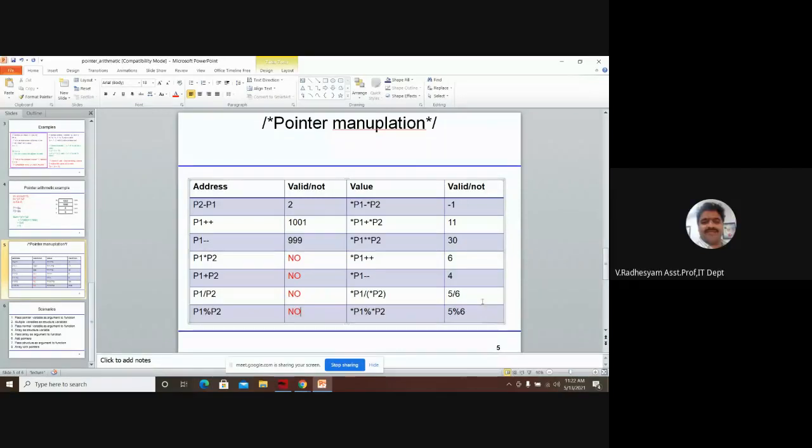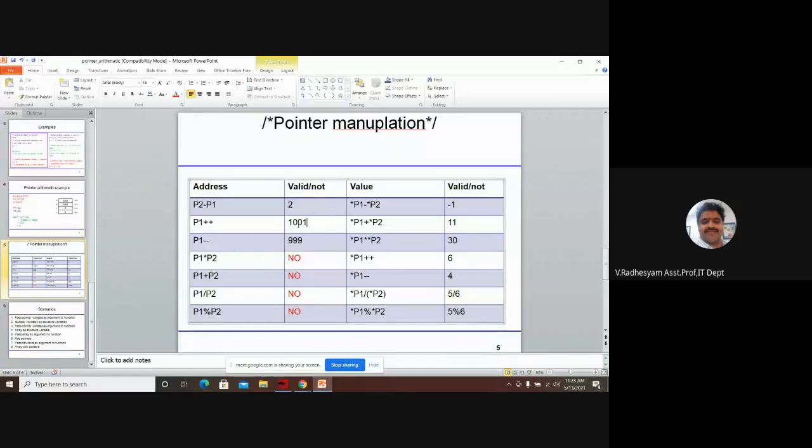Yes, sir. Okay. These are all not possible in the case of pointers because P1 is an address of 1000 and P2 is an address of 1002. If you multiply those two, you may or may not get a location in the memory. Simple operations give possible locations, but it depends on the memory. These are memory addresses, so those may or may not be possible. Suppose flat number 5 and flat number 6 are possible.